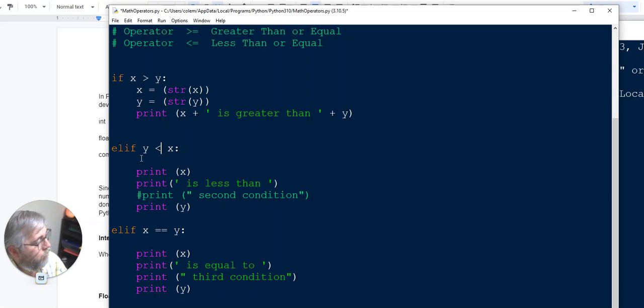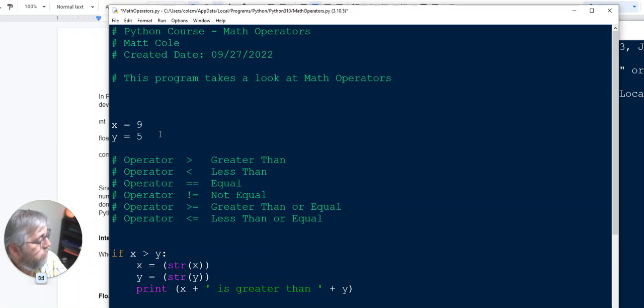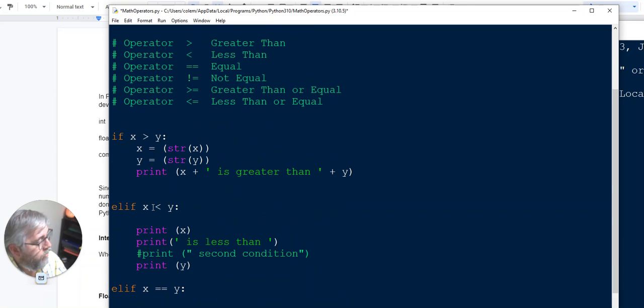So that the y is on the other side. This way it just has a little bit of the same format going through. But I also am going to have to change my actual variable values in this test. So x is currently greater than 9, so we're going to make 5 actually greater than x, which should make it x is less than